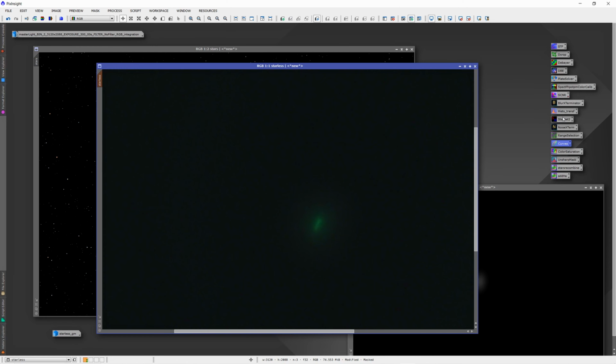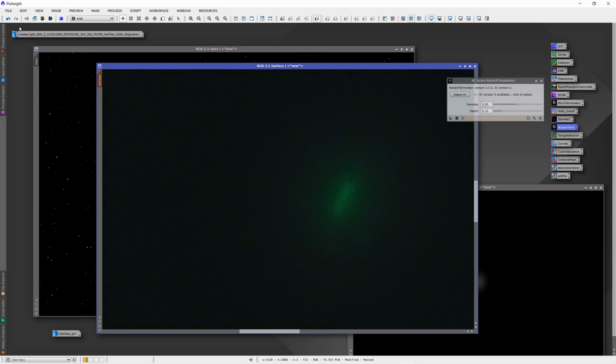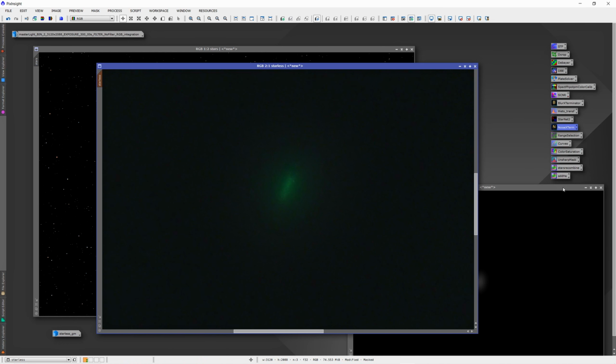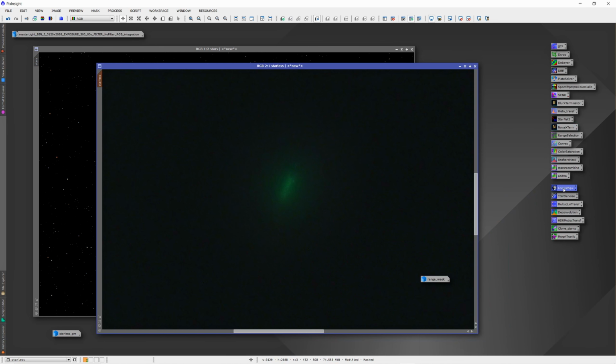One more thing we can do is to remove the noise again here. Just remove this by using NoiseXterminator. Just apply by drag and drop. Yeah, this is after, before, after, yeah. Little change here. Okay. What you also can do is you can do some local histogram